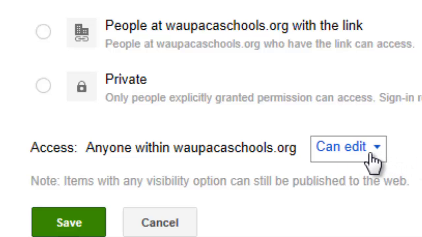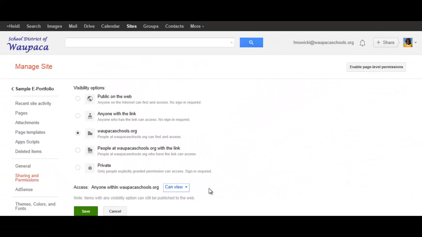The next button here is deciding what people with access can do to your site. So they can edit it, they can view it. Unless you're working on a collaborative site with members of your class, I would keep this at view so other people are not coming in and editing your site. When you have your settings the way you would like them,